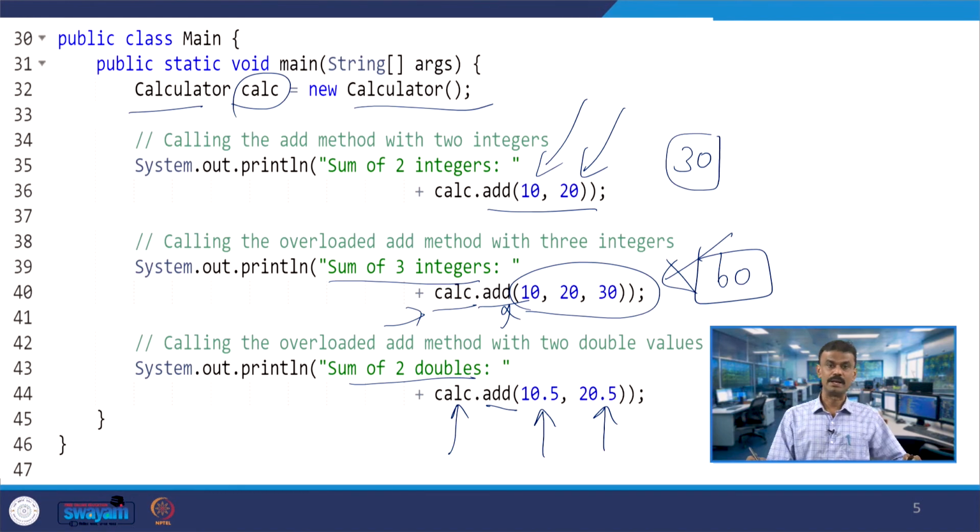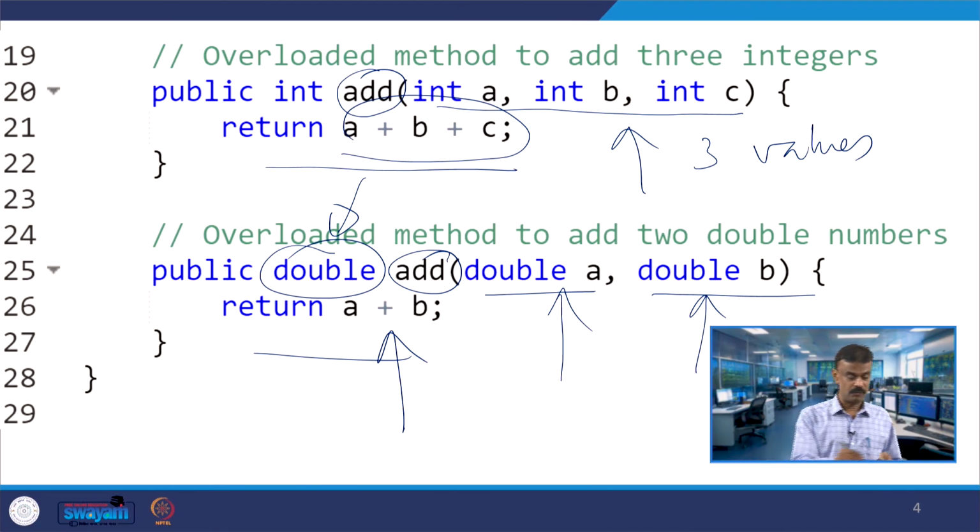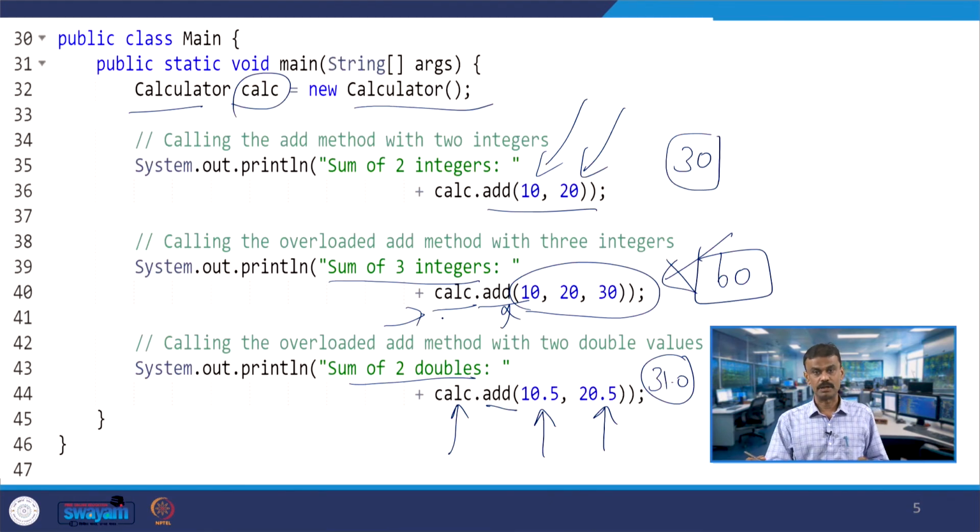So, this particular function will be called, line number 25 to 27. 10.5 plus 20.5 is 31.0, so 31.0 will be the output.